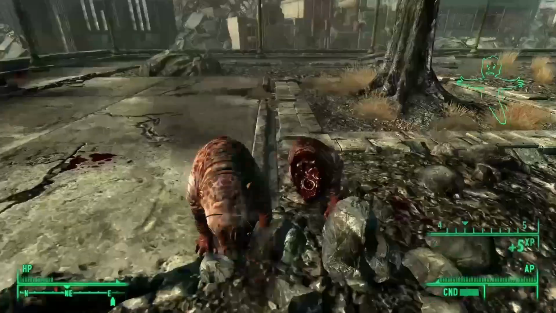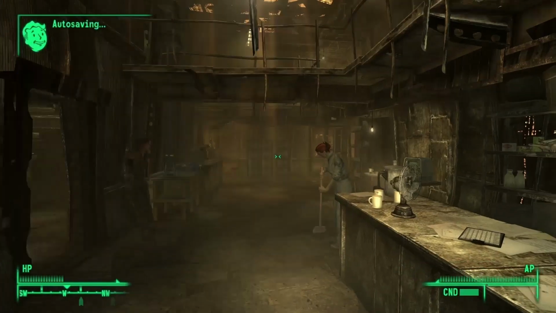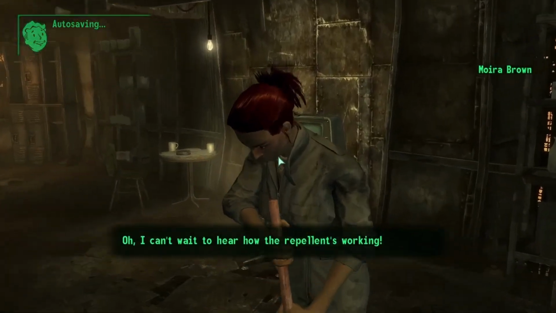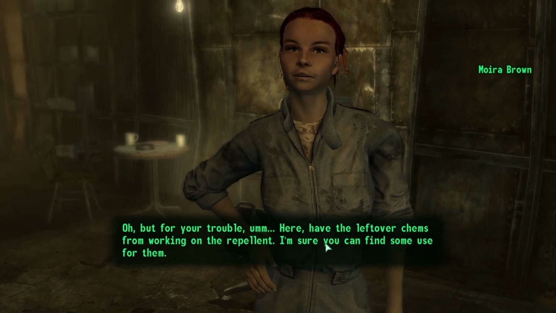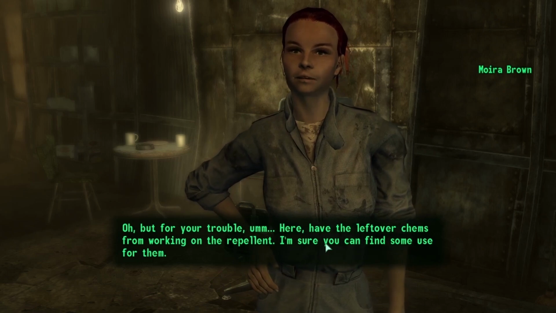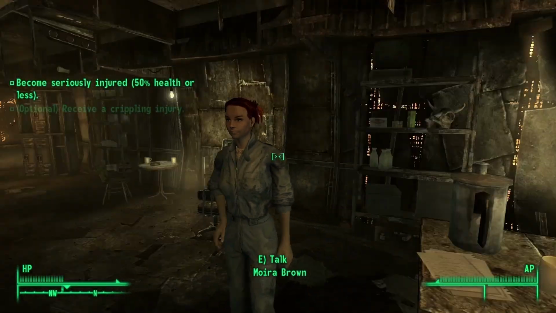Head off, test the mole rat stick. I don't try for the optional objective there, which would have just awarded me with the mole rat stick itself, I think. Leftover chems from working on the one-handed melee weapon would have been good as sure, you can find some use for them, since I feel like one-handed melee weapons are quicker, but...